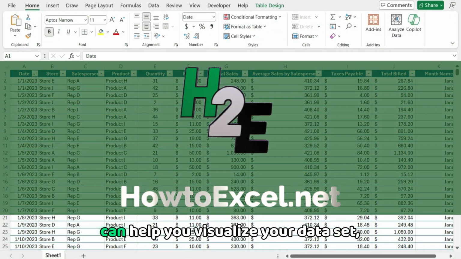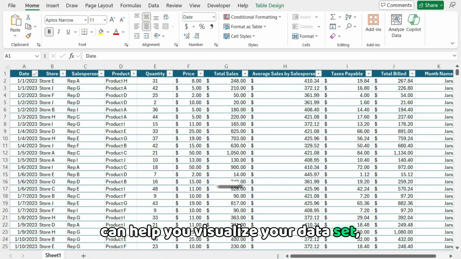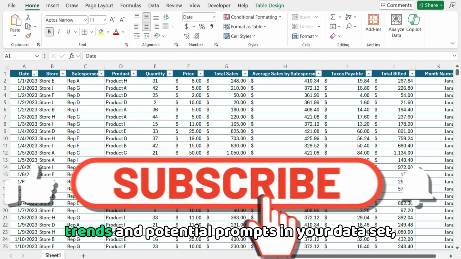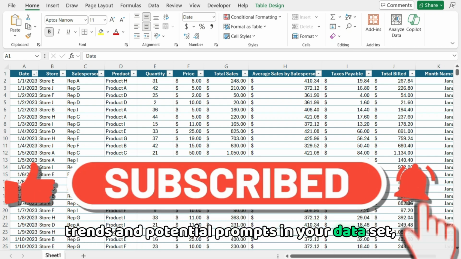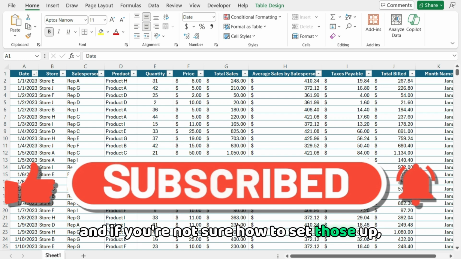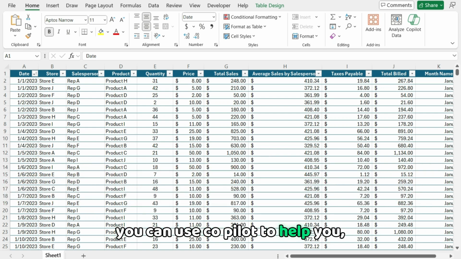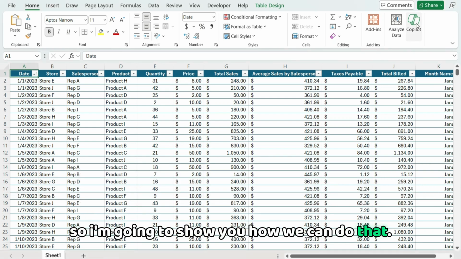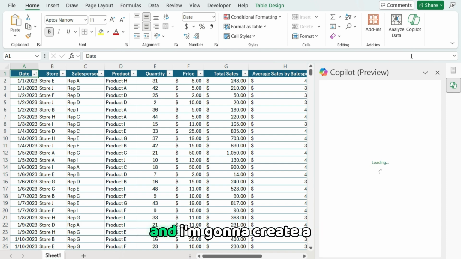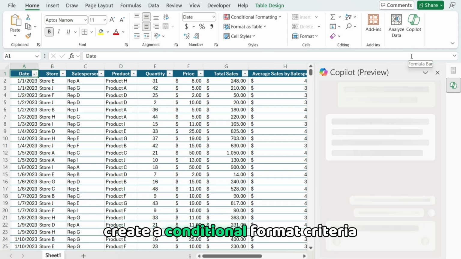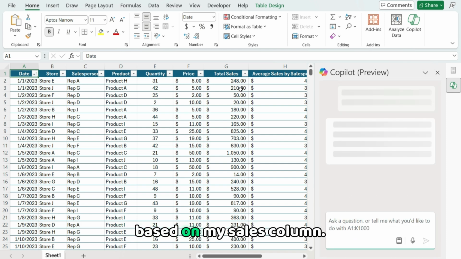Conditional formatting rules can help you visualize your data set, identify patterns, trends, and potential problems in your data set. And if you're not sure how to set those up, you can use Copilot to help you. So I'm going to show you how we can do that. So I'm going to open up Copilot, and I'm going to create a conditional formatting criteria based on my sales